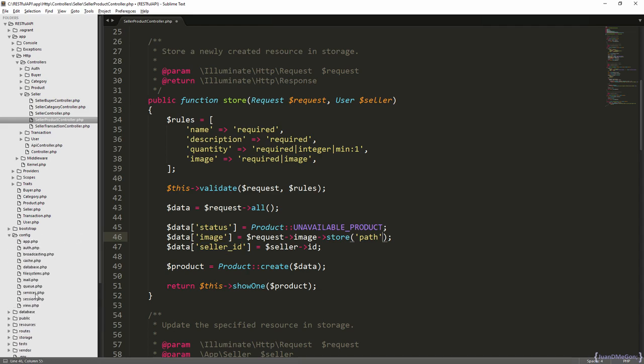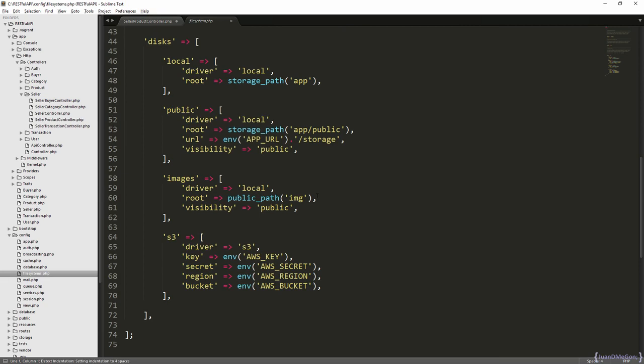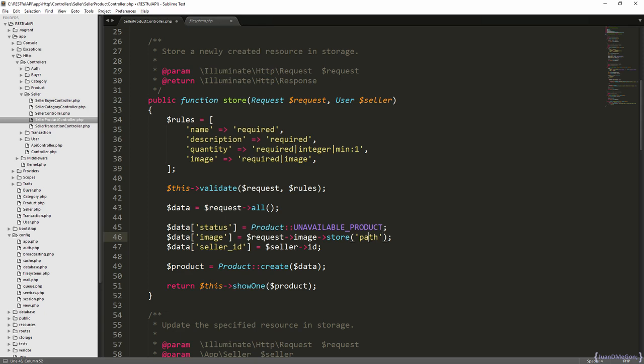It means, in our case, the path is going to be calculated from the public path img folder. So basically we don't need to specify any folder or directory, so we just need to leave this empty, and Laravel is going to automatically generate a name for that file, for that image, and store it in that location. So this method is going to return the name of that new image,